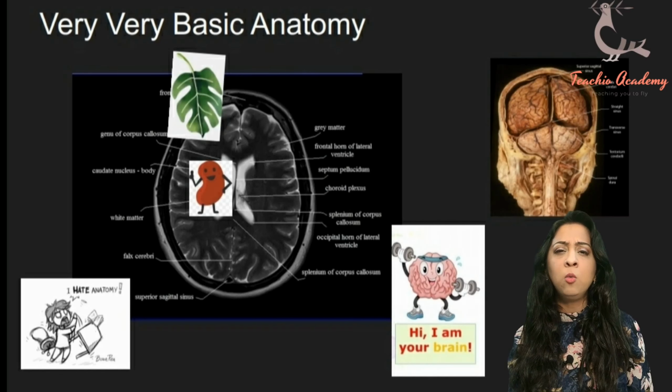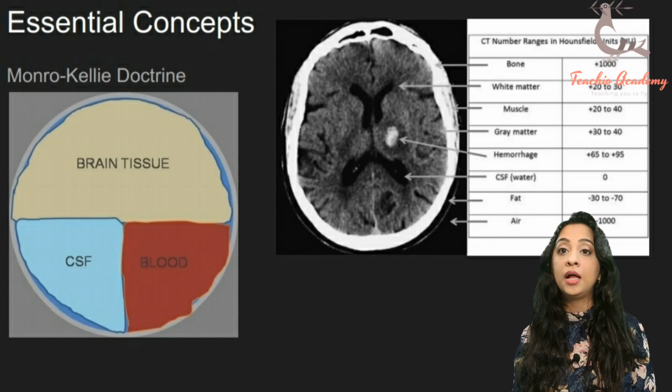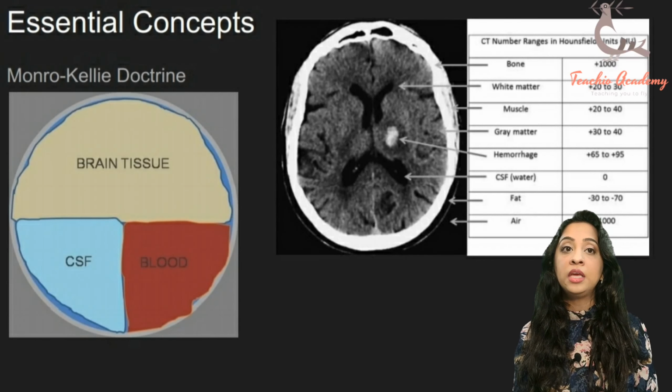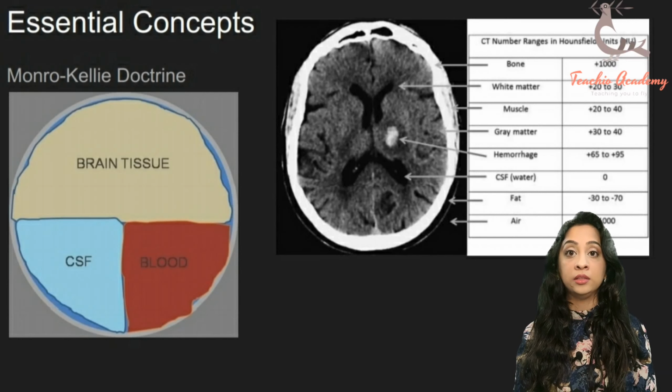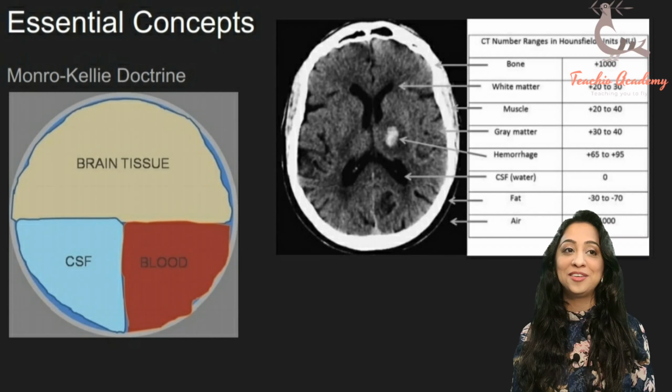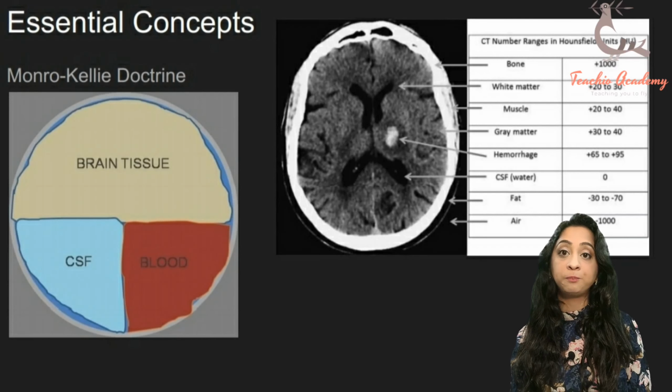The first one is the Monro-Kellie doctrine, which was done by two different scientists. Now, the crux of this, or the main point of this, is that the sum of the volumes of the brain tissue, CSF, and blood in the brain are equal. So if one decreases, then you gain the other. For example, if you start to lose your brain or lose your mind, you're going to either gain some CSF or some blood. It sounds like a bad bargain, I would say.